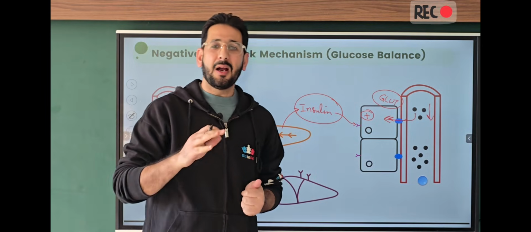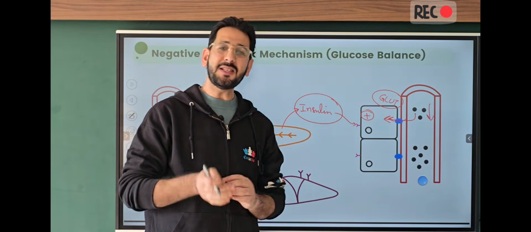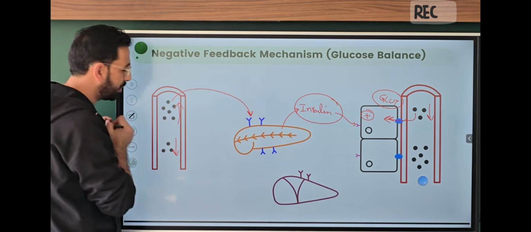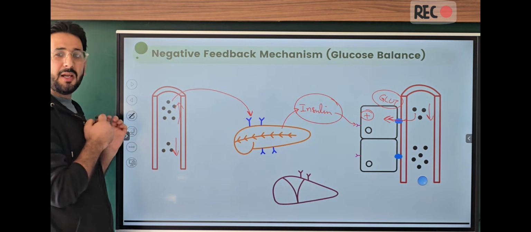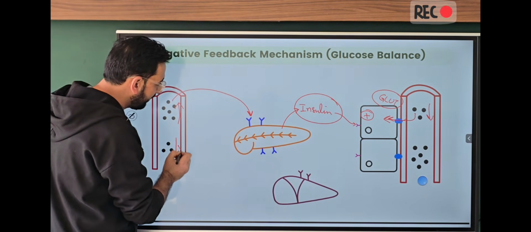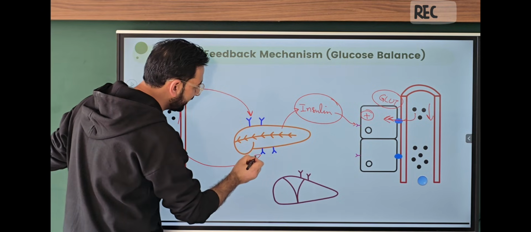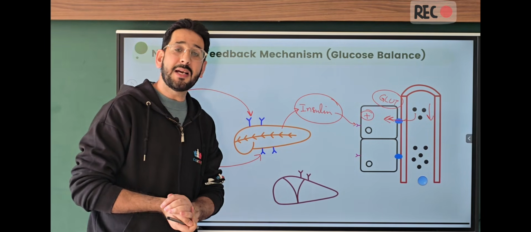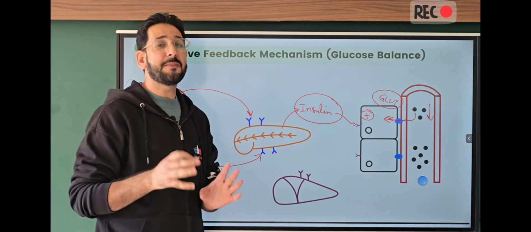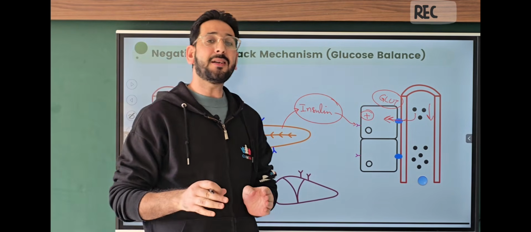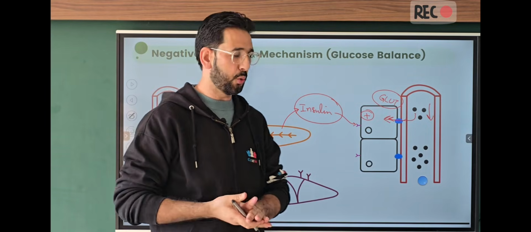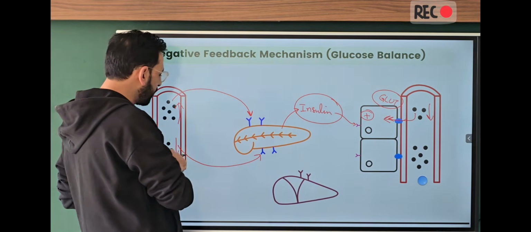Now, opposite to this, if there is decreased blood glucose level, now what will happen? This decreased blood glucose level will also be sensed by the pancreas, the receptors in the pancreas. So this pancreas has the receptors, and this pancreas actually is going to detect the changes in the blood glucose level, whether it is high or it is low. Now, this low blood glucose level will be